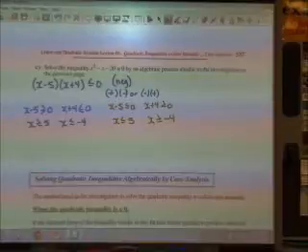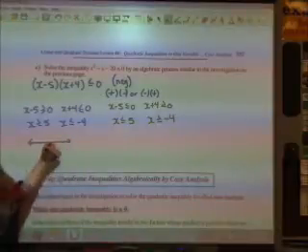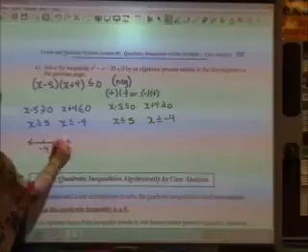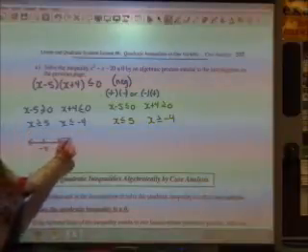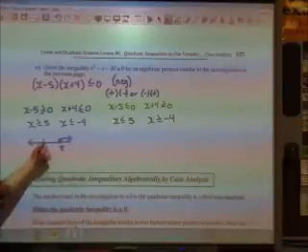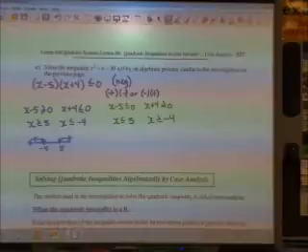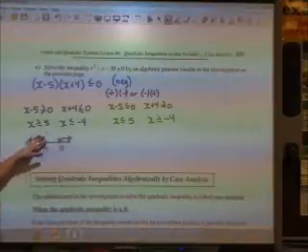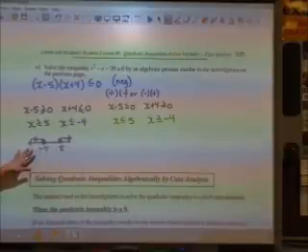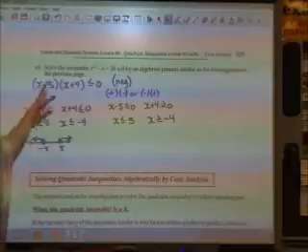Now, from here, it might help to actually graph our solutions to see what they would look like. So if I looked at this, I have -4 and I have 5. X is greater than 5. X is less than -4. Are there any common solutions between these two? No, so does this work? This doesn't work at all because I'm not going to be able to find an x value that makes this